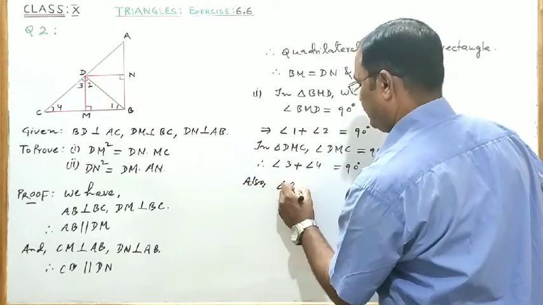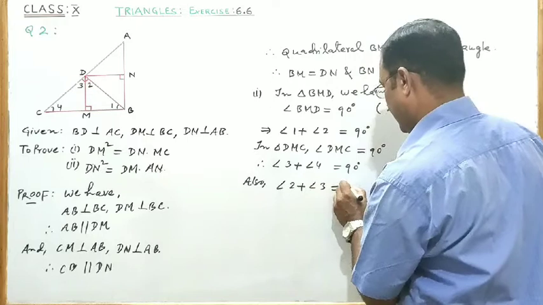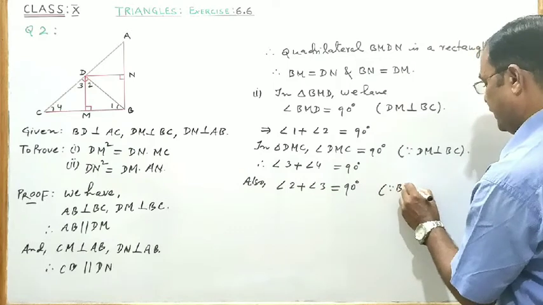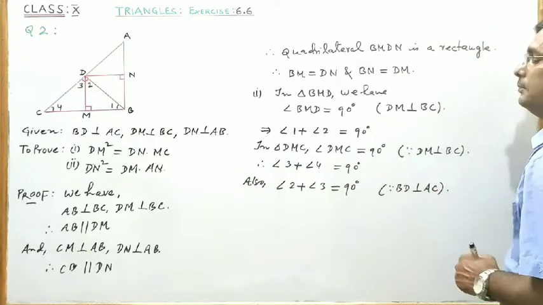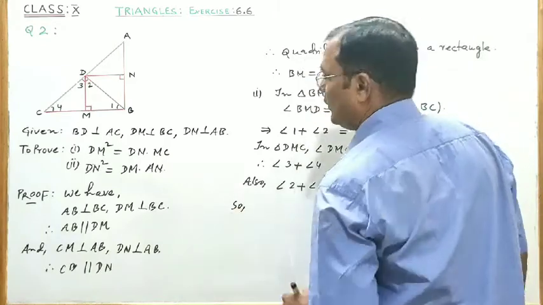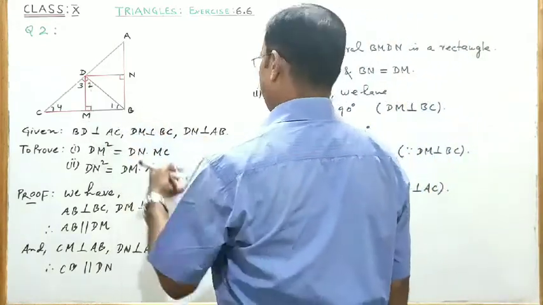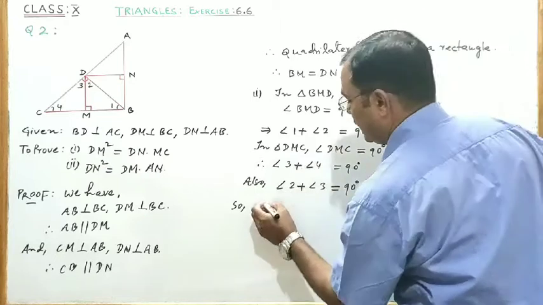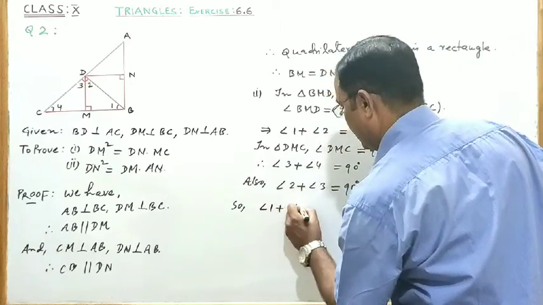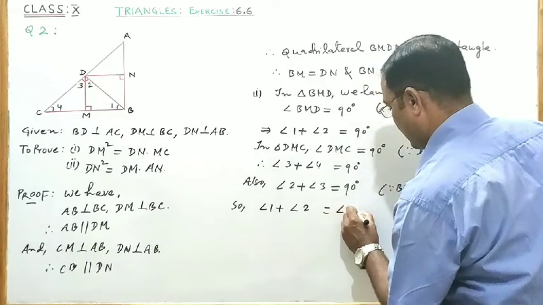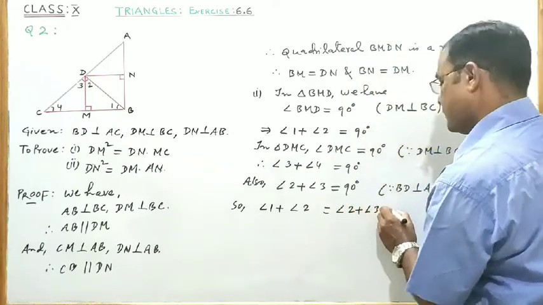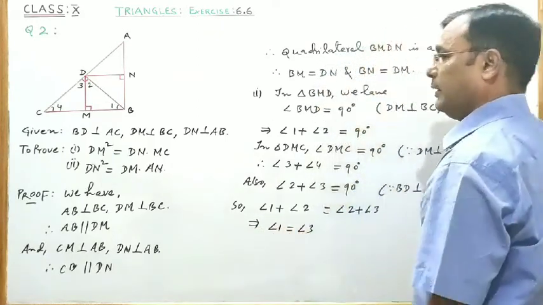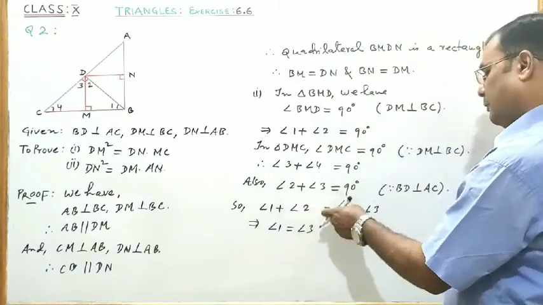Also, angle 2 plus angle 3 is equal to 90 degree because BD is perpendicular to AC. So, angle 1 plus 2 is 90 degree, angle 2 plus 3 also equal to 90 degree. So, we can write angle 1 plus angle 2 is equal to angle 2 plus angle 3, and this implies angle 1 is equal to angle 3 because angle 2 will get cancelled from both sides,